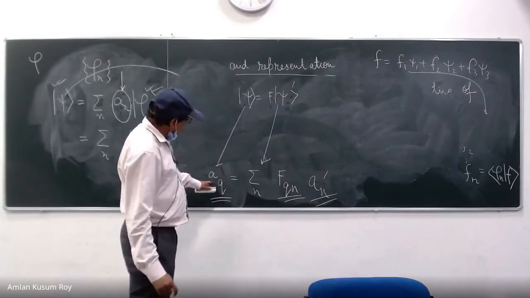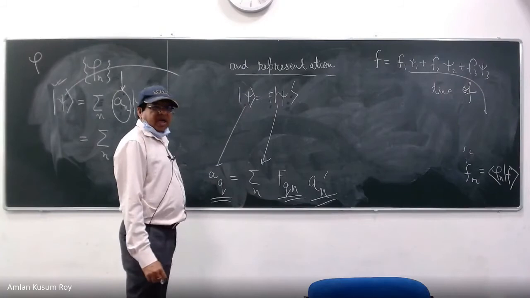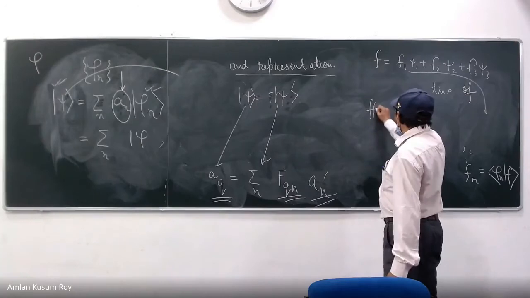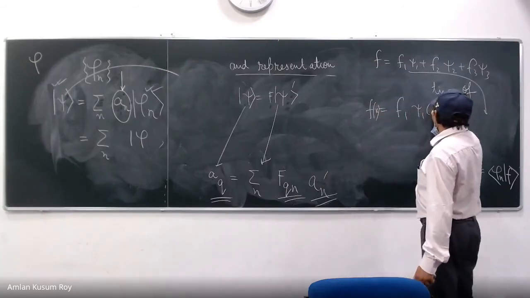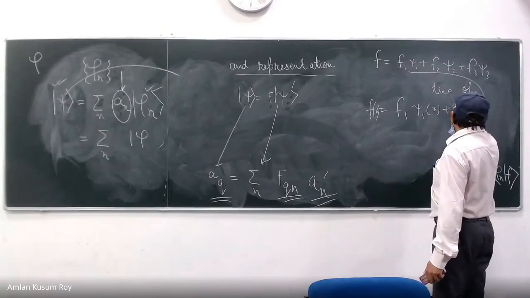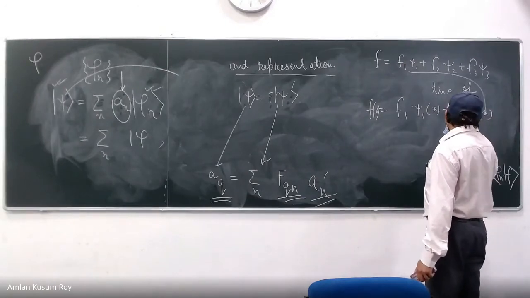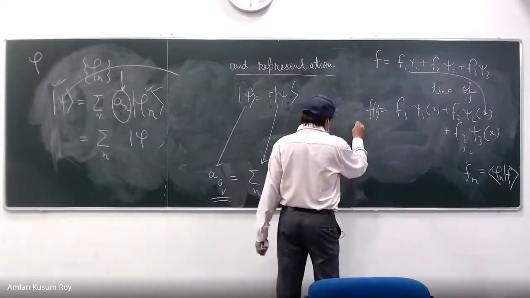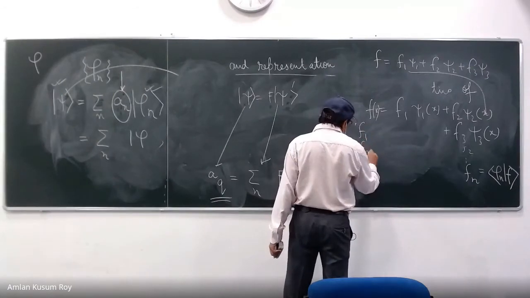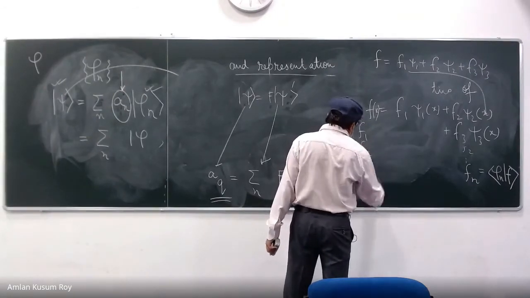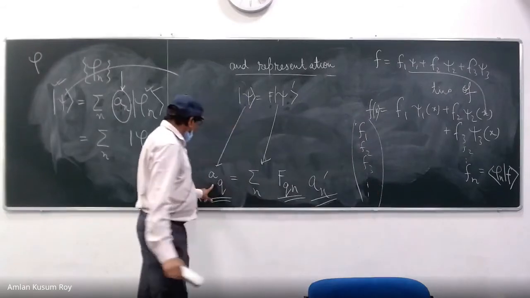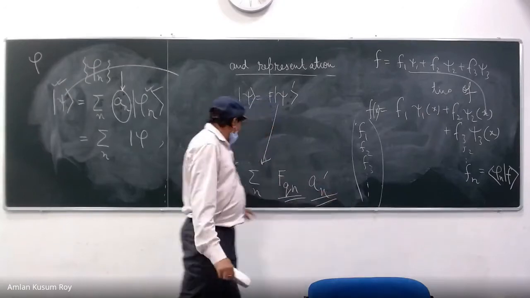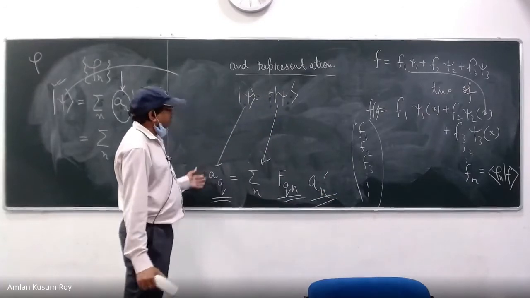What kind of a matrix is this? AN. Remember when we represented the function in the form of f1 psi 1 x plus f2 psi 2 x plus f3 psi 3 x. You just wrote this function in the form of f1, f2, f3. It's a column matrix. So this A1 AQ is nothing but a column matrix. You see that?